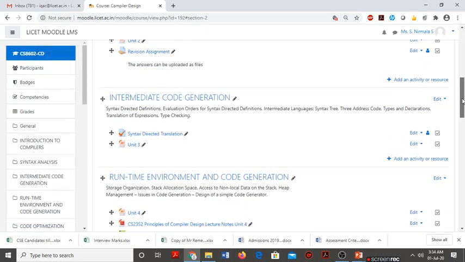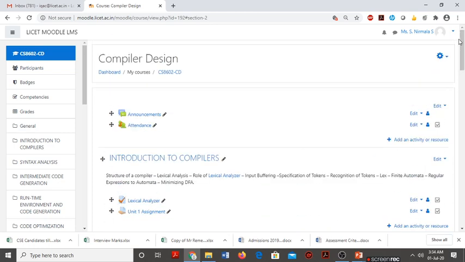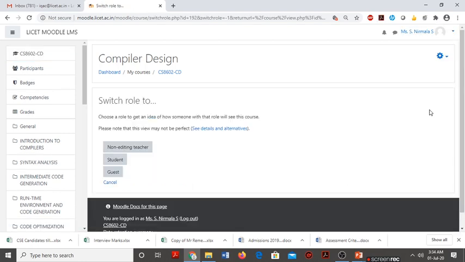Now my assignment is included in the Unit 2 revision assignment with the description. In the students portal, let me change the role as student.